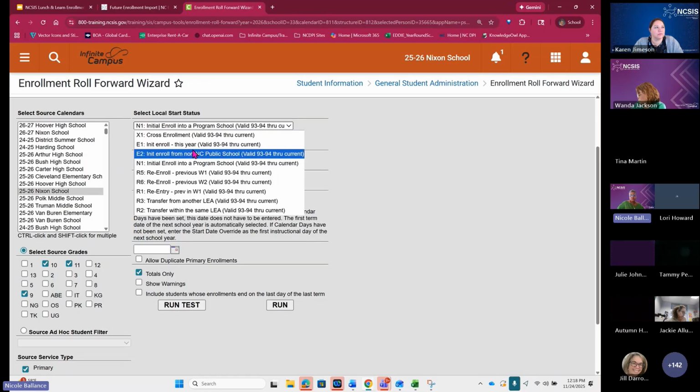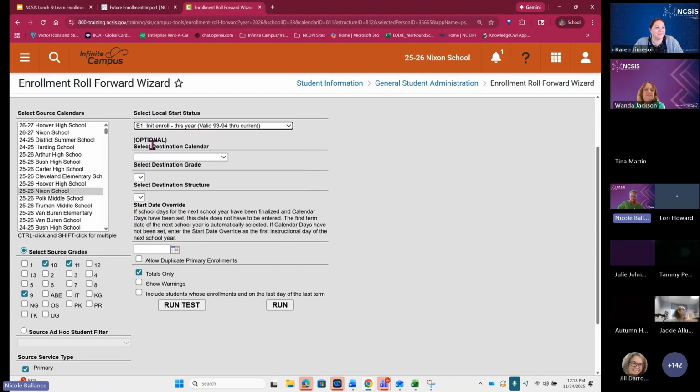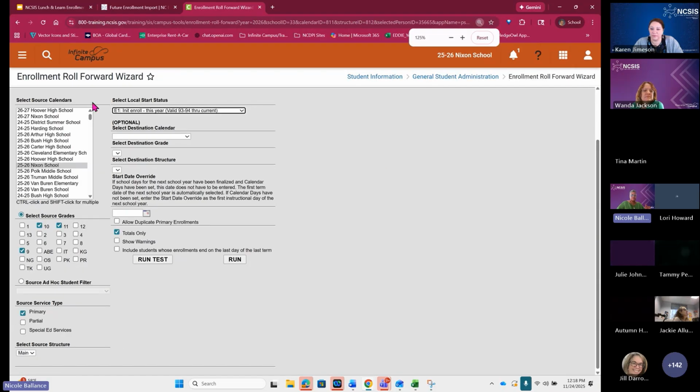Okay. But since we are working with traditional schools in this example, we want all of our students to have that E1 local start status. We do not need to provide any additional information on this screen because based upon the logic of the wizard, it's going to take all of that information into account already, because I'm just working with my 2526 Nixon High School. Down here at the bottom, we want to have our totals only box checked,